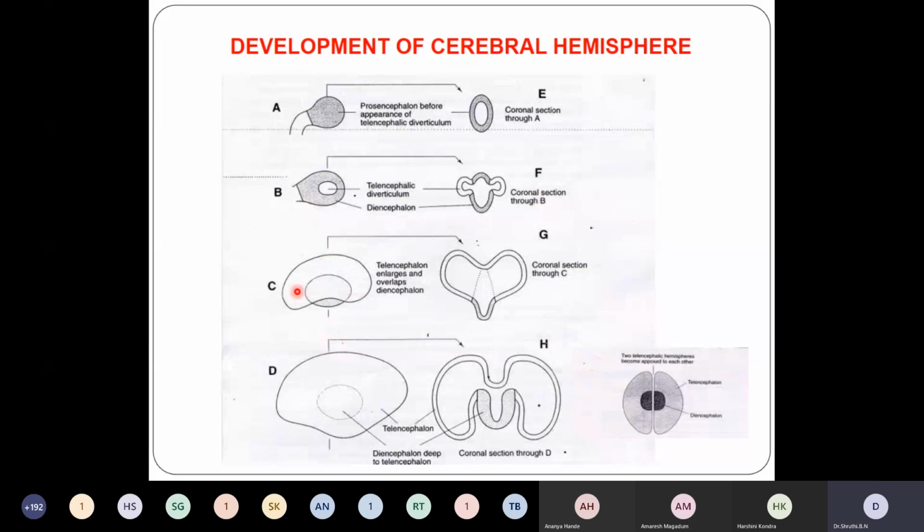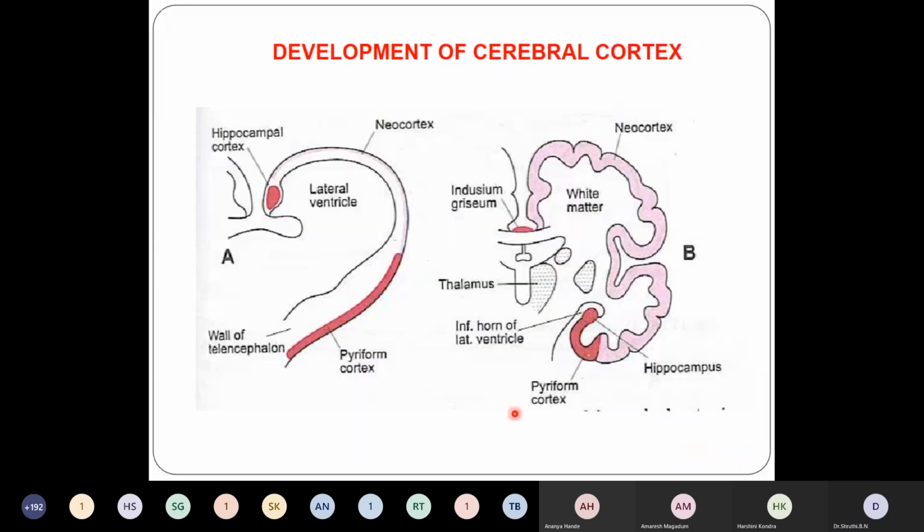Continued growth of this forms the fissures. Initially the cerebral cortex has a smooth surface. So the lateral sulcus is the first one to develop, and it is covered by loose areolar mesenchymal tissue, which